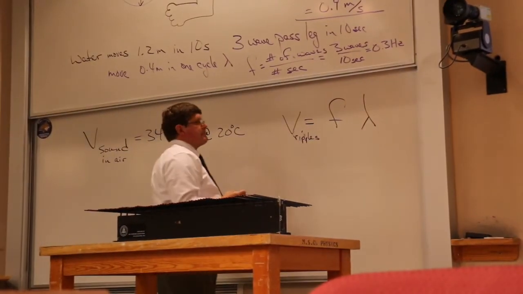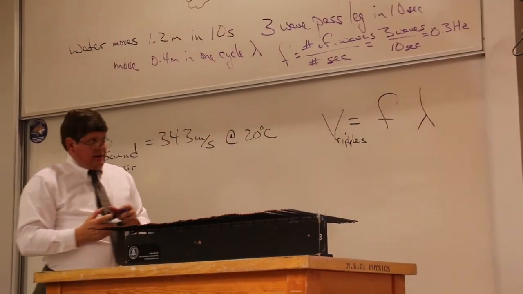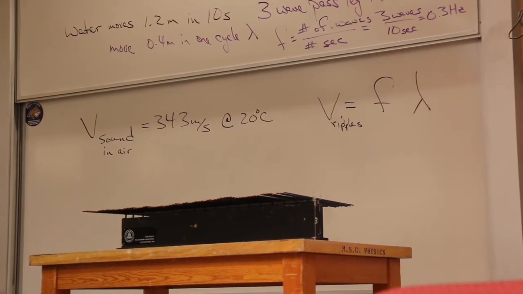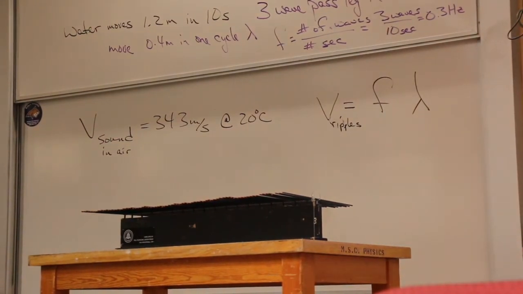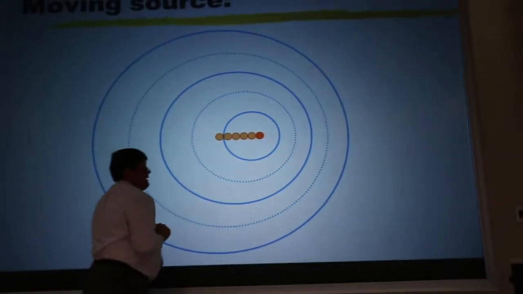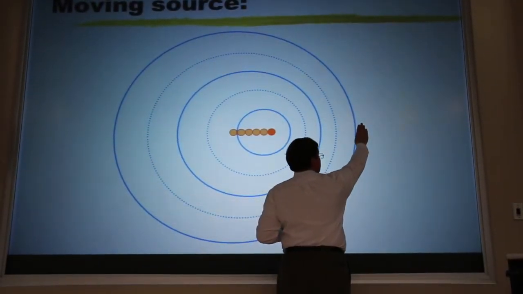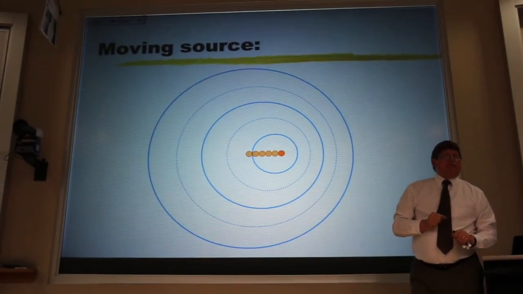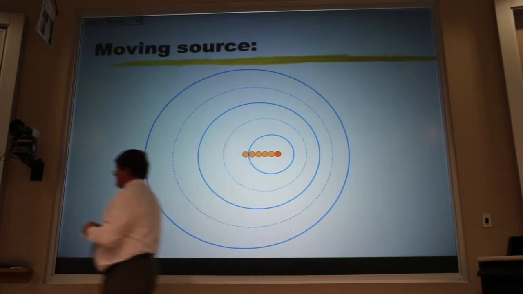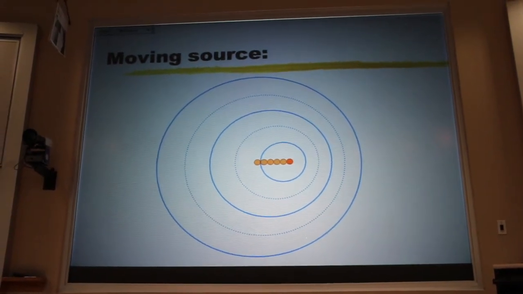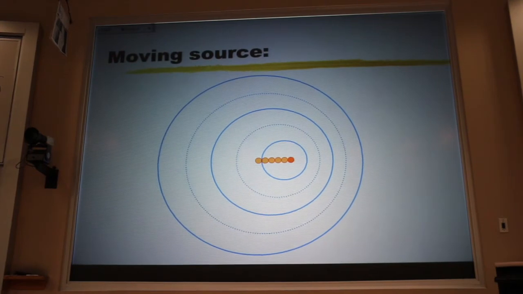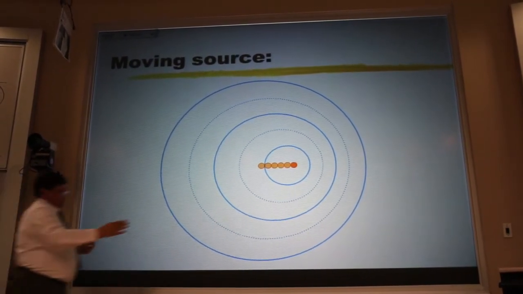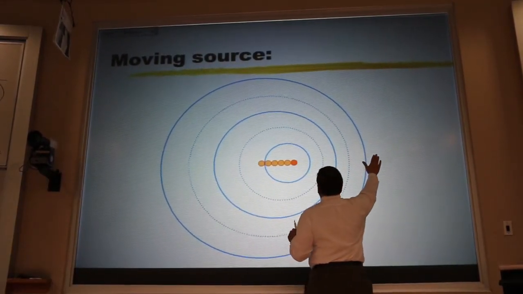Now, as Bob's moving here, he's compressing the wave fronts, the crests here, and he's spreading them out over here. That means if I were to put a leaf right here, it wouldn't bounce up and down at the same frequency that Bob was stomping. If I look here, if this is the frequency of Bob, if I looked over here where Bob is coming towards me,